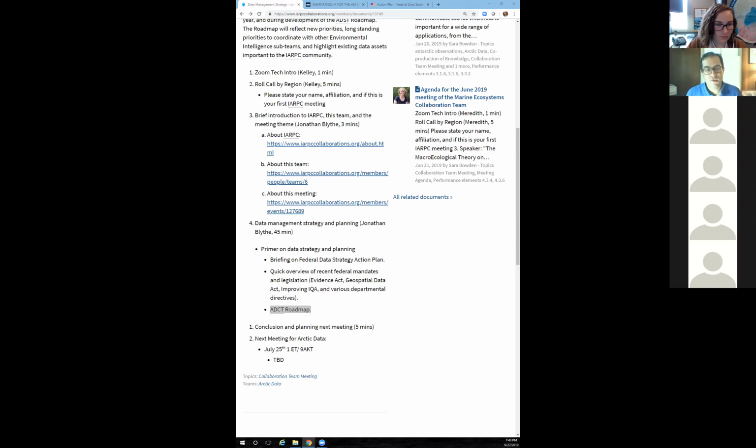And of course, there's existing activities we have to recognize as part of the roadmap. So this isn't to say that this is the only background we need, but let's look at this roadmap in this fresh new light, these new mandates, this data strategy, and see if we can craft something that recognizes all the capacity and contributions we have to make, and also gives us a step forward towards some of our, as far as I understand, they should